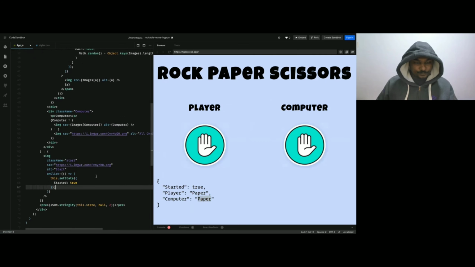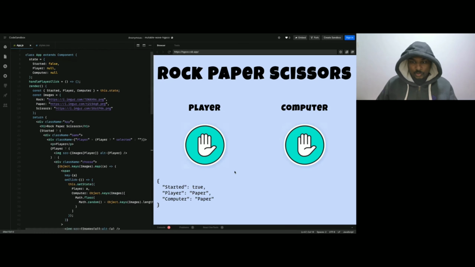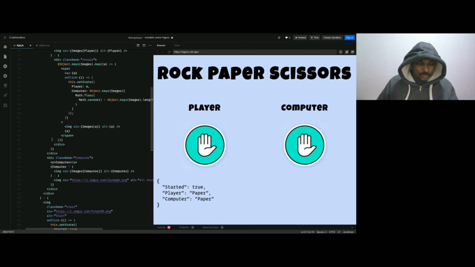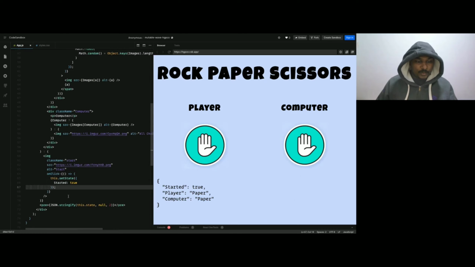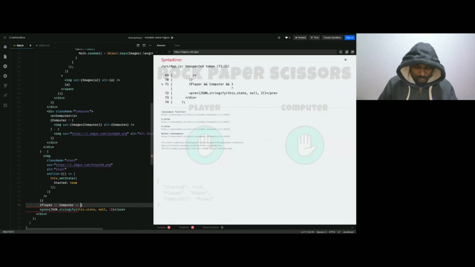So now what we are going to do is, now comes the real logic. We need to write the logic for this. So let's see what we can do. At this point of time, we should show here who wins. Okay, so this is the winning streak. So if both player and computer are selected, we have to show something here. So player and computer is not null. We'll be putting